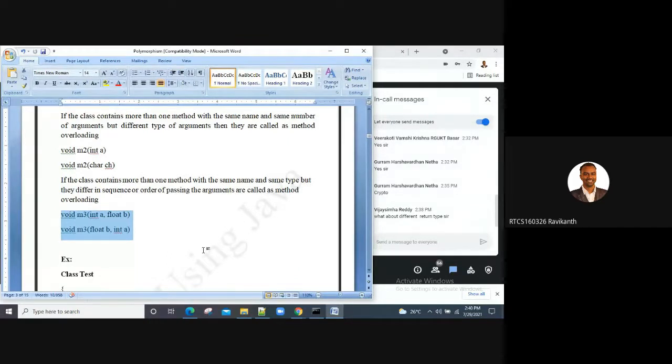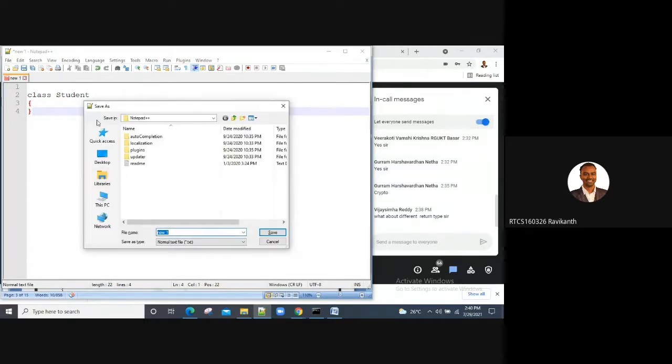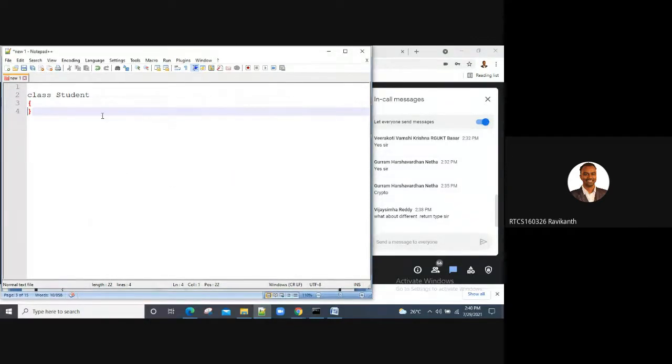Is that clear, guys? Let's quickly move to a small example to make the concept more clear. Let me save this. I'll just use two methods, a class Student, and then the main method.